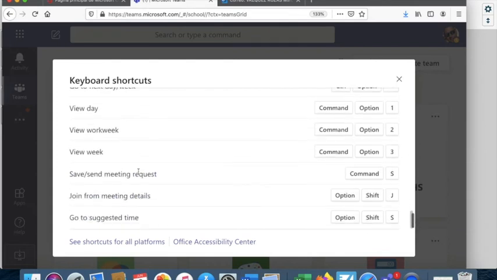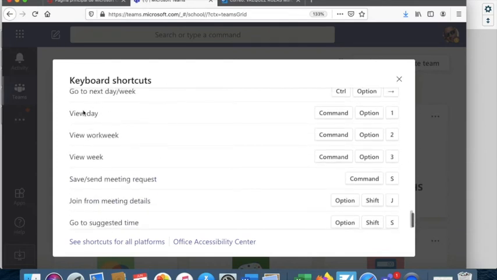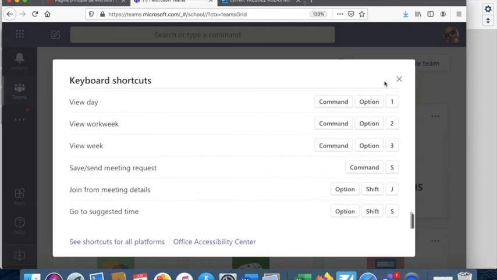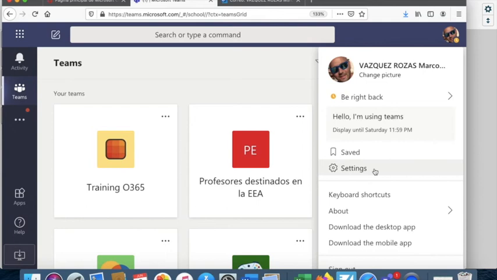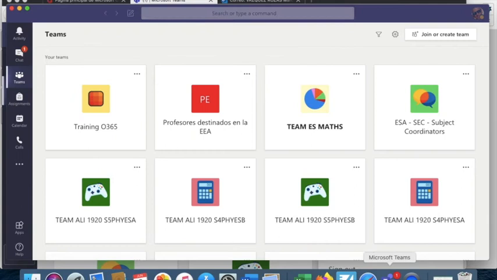Maybe it's important. And yes, the shortcuts for the calendar: view day, work week, and whatever. Apart from that, you also have the About section and download the desktop app, and I think the application is something important because it works better